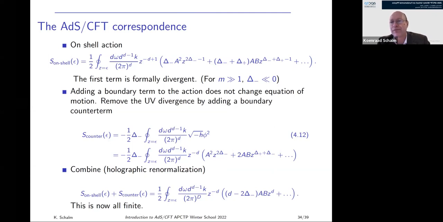So I can always add other boundary terms for free, and the dynamics will not change. I'm going to make use of that freedom here. This is a nasty divergent term, but I can add boundary terms by hand because my bulk equation of motion never knows about it, and I'm simply going to remove this from my